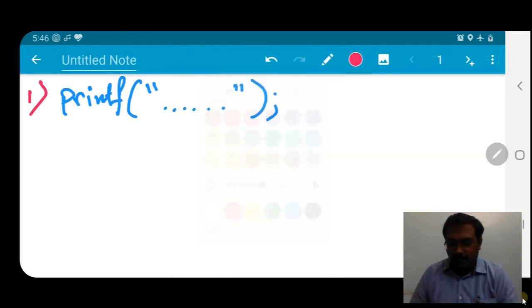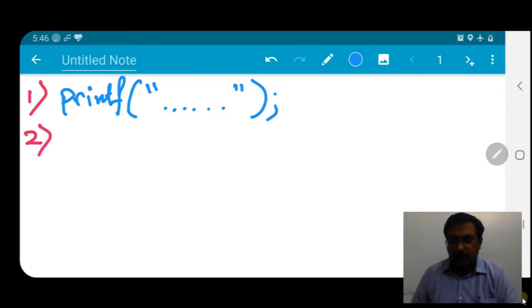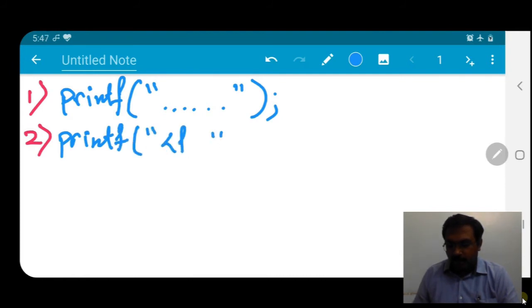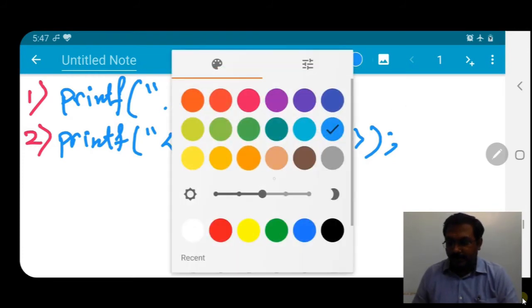If you want to print some values, like values of variables, we have printf, within the double quotes you write the format specifier, then comma, the variable names, bracket close, and at last we give the semicolon. Fine.